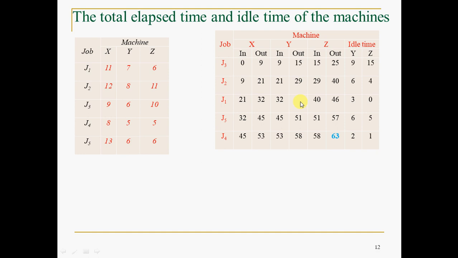So here the in time may not be the out time for this. That's what I told. Whichever is higher will be the in time for this. 40 and 39, whichever is higher, 40. Fine, because though here the job is ready, the machine is not ready. Fine, but here the machine was ready, but the job was not ready. Either way, it is idle time only.